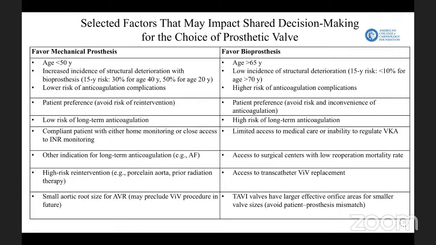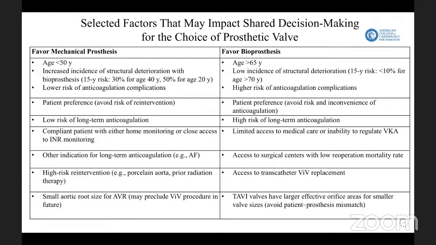On the other hand, having a patient who is older than 65 years of age or with low incidence of structural deterioration, like having a bioprosthesis for a patient who is older than 70 years of age, the 15-year risk of structural deterioration is less than 10%, and higher risk of anticoagulation complications, patient preference, and high risk of long-term anticoagulation, or a patient with limited access to medical care,